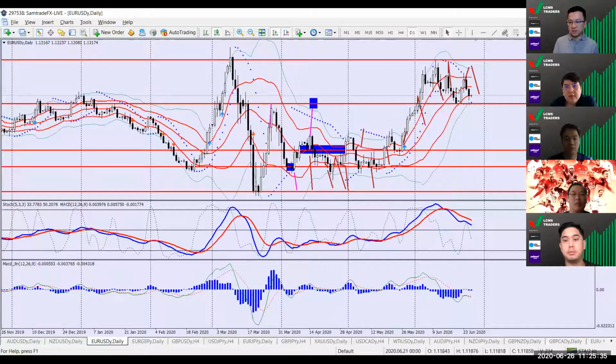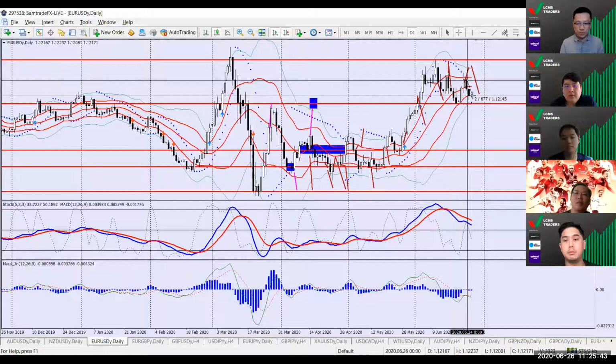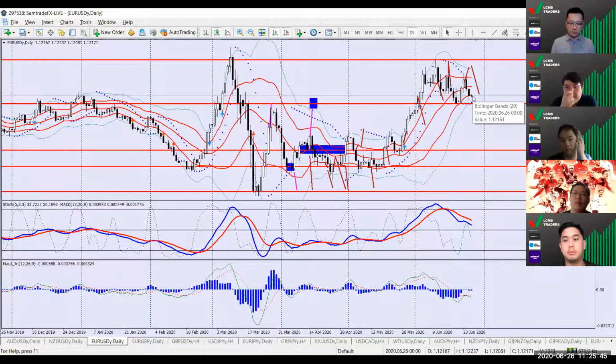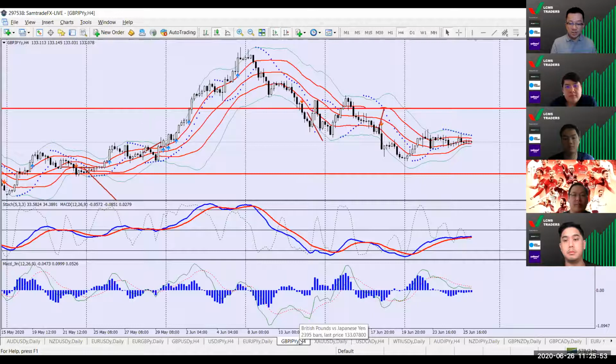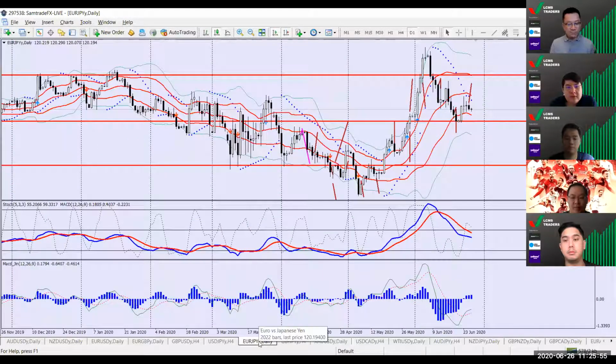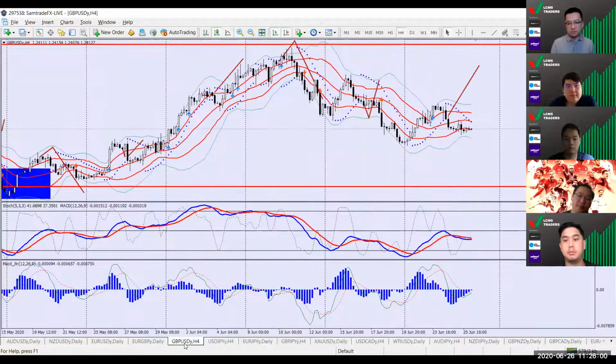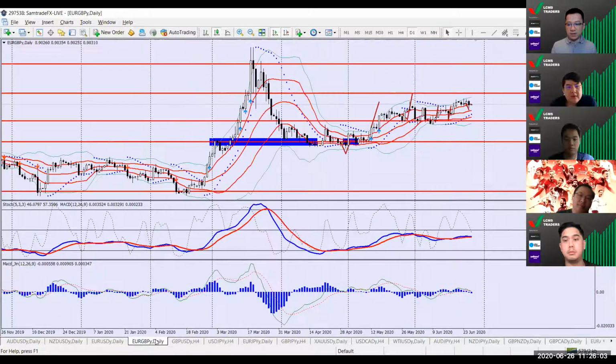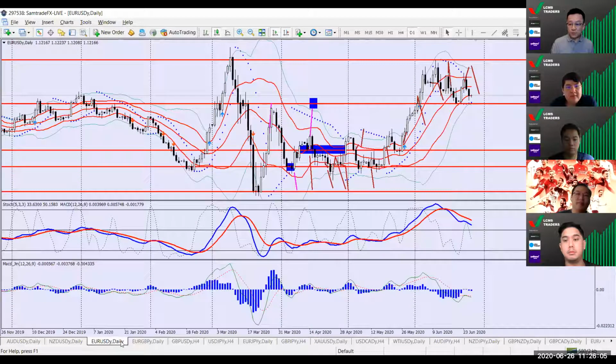Euro US, I said that was going to go up. It has come back down by about 87 pips since the last time we spoke. What I want to really press upon you is that over all the currency pairs we've been looking at, pound yen is sitting in a tight range, euro yen in a relatively tight range, US yen sitting across, pound US dollar sitting across, euro pound sitting across, and euro US moved down 80-something pips over 2 or 3 days, which hasn't done that much.